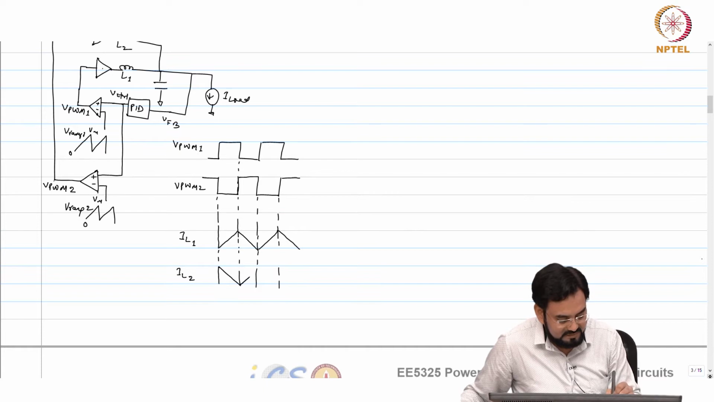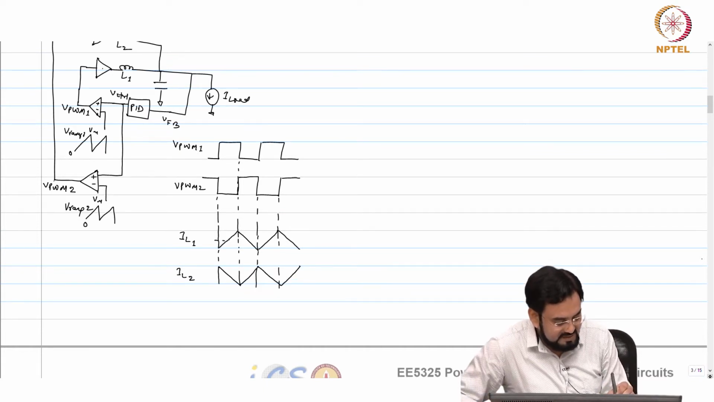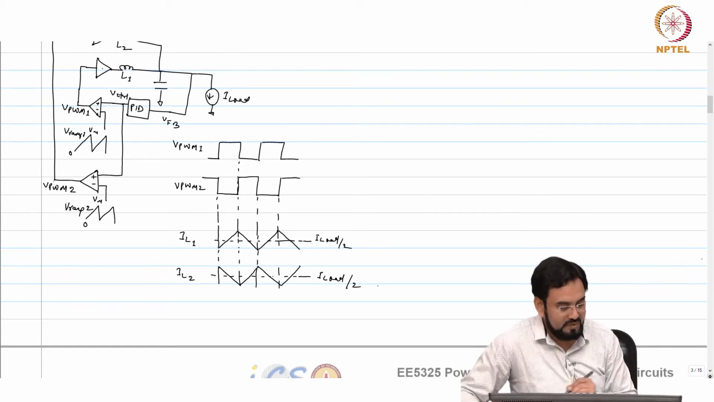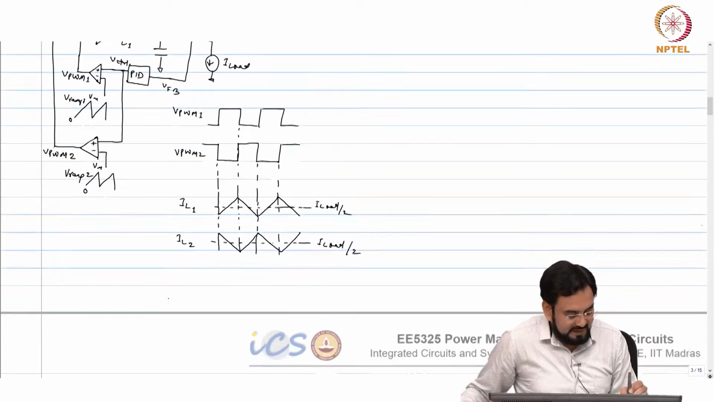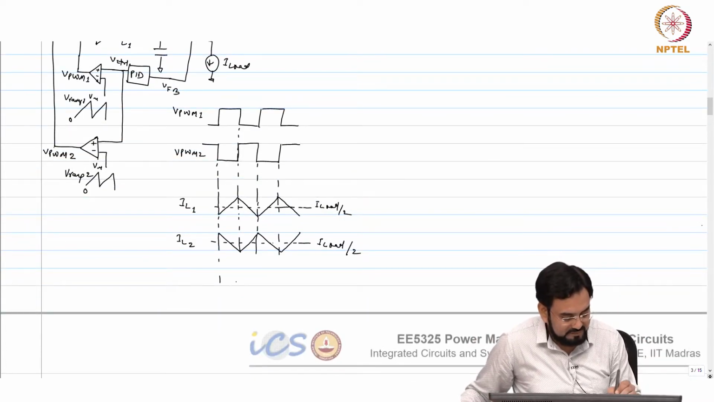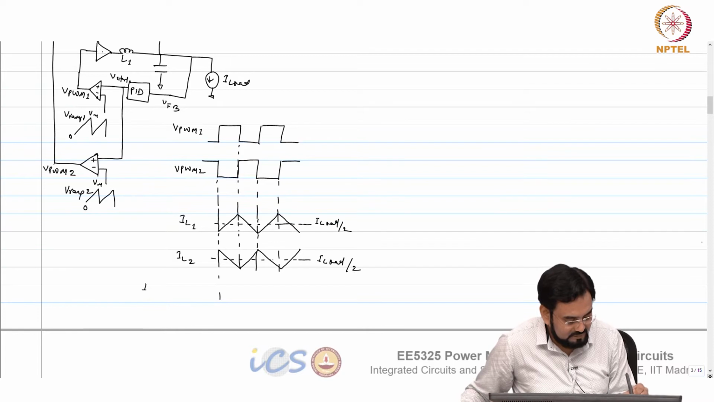Then what is the average? What is the average of this? I load by 2. So if I add the 2, correct,